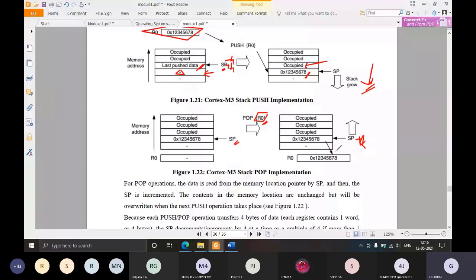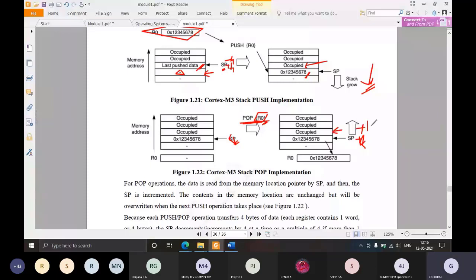And whenever it is pop, since SP is already pointing to some data, it will first be retrieved to the destination, here R0 because it is pop R0. So 1, 2, 3, 4, 5, 6, 7 is stored to R0 first. And then SP is adjusted to the next location, this location, by doing plus 4.